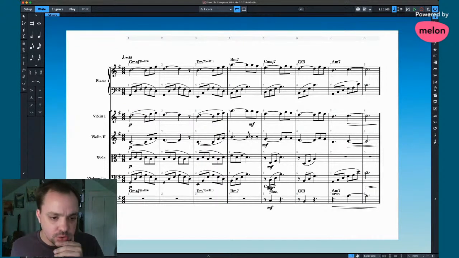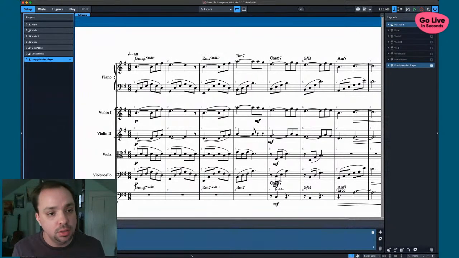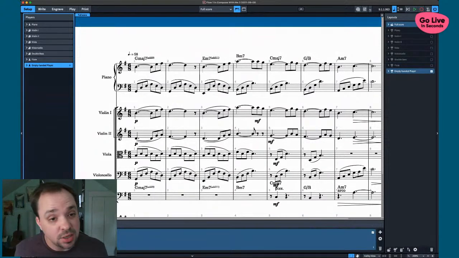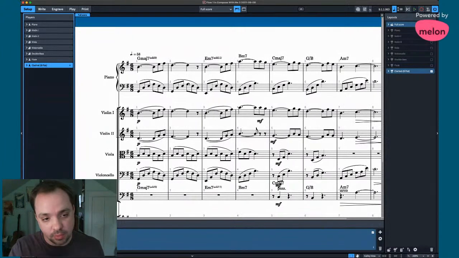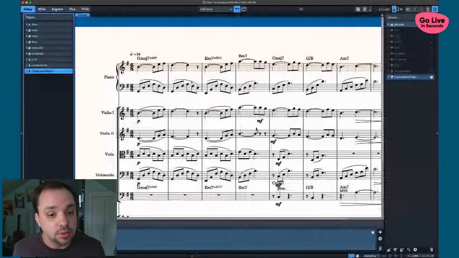We could, there's a couple things we could try. Let's see if we put a flute in here an octave higher than the violins. That always adds a nice little sheen. We could see what happens if we put clarinet instead on the main melody. That might work. Or maybe clarinet would work nicely with the viola. We could try an oboe on the top line. That might work nicely as well, actually.